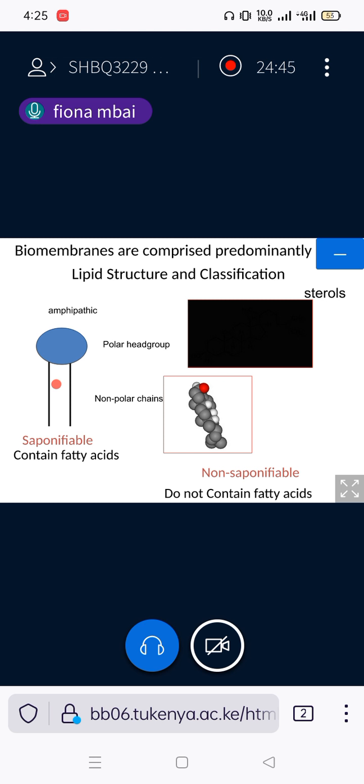The non-polar chains, of course, have the carbon atoms, and these are non-saponifiable. They do not contain fatty acid. And then, of course, you have steroids. Sorry, the image is not showing up. It is the 4 carbon ring structure of cholesterol, which is also included in the